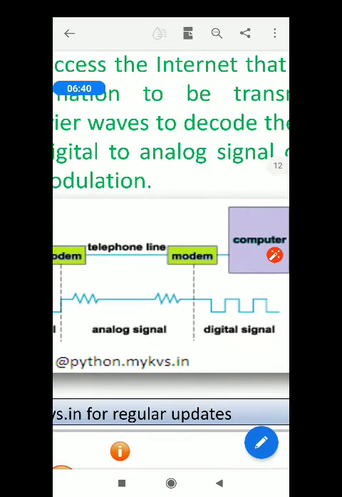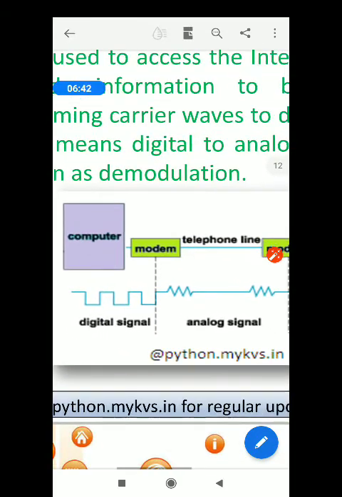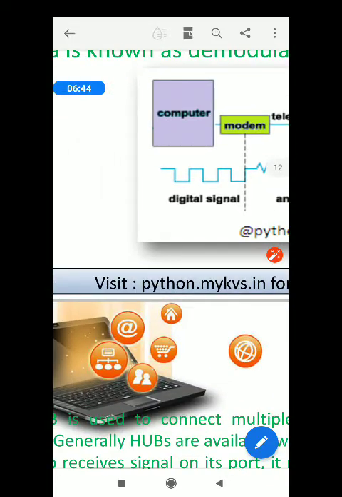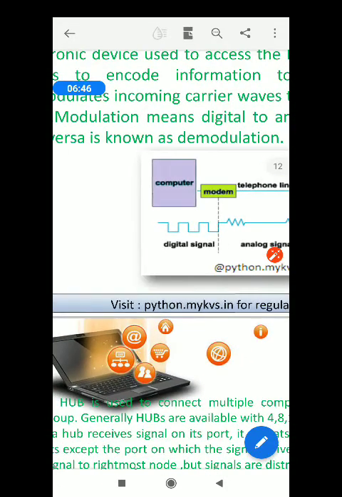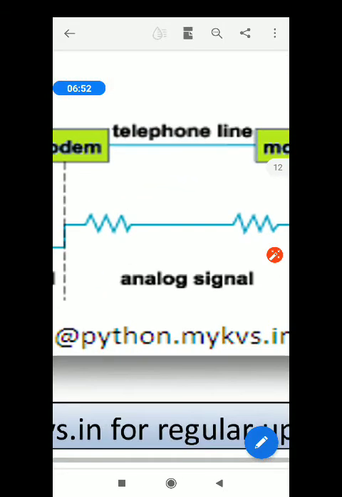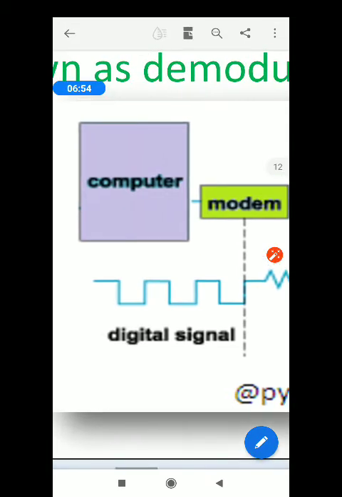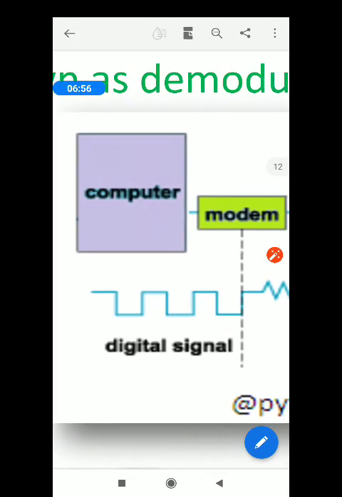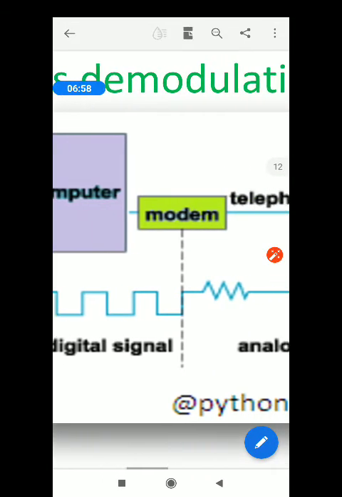So this is the way a modem works. The diagram you need to draw in your copy. See if it is visible or not, otherwise I'll send it separately to you.